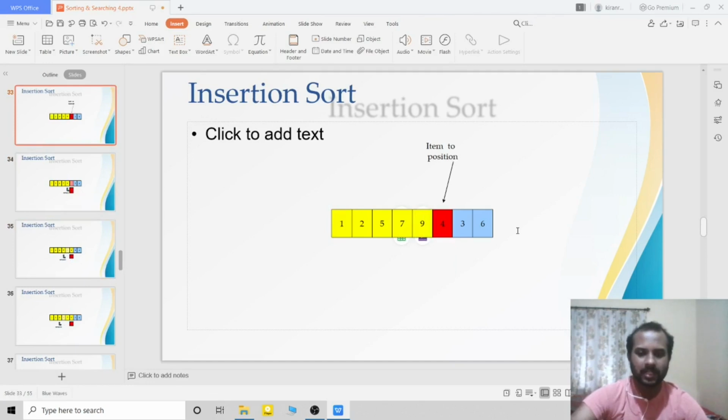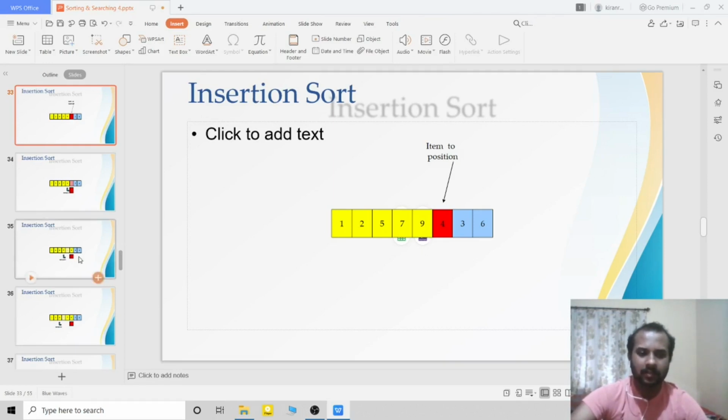You may be thinking what is PTR, but PTR is the index that is used in the sorted list. For example, the PTR will start with the index of 9 here.